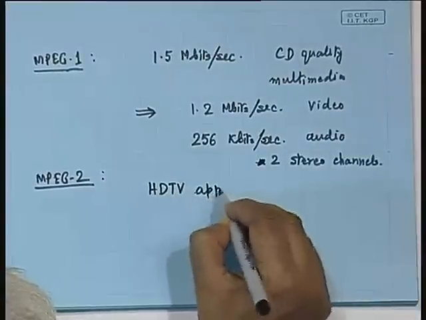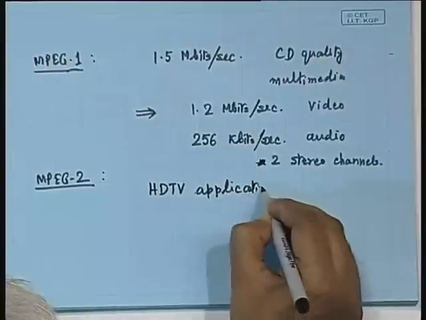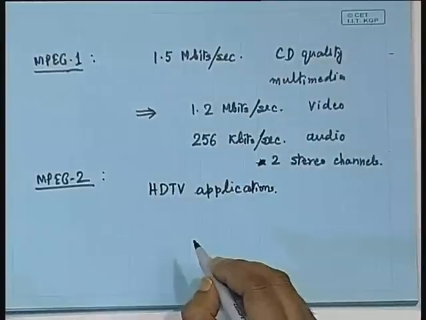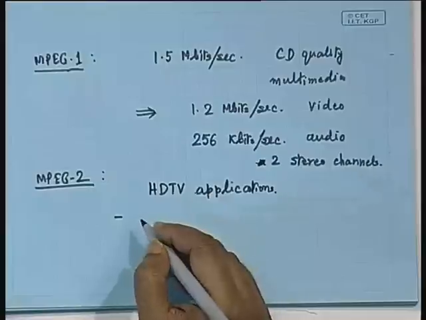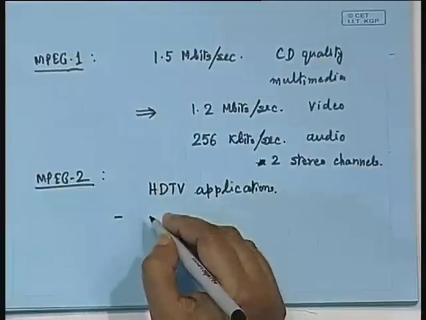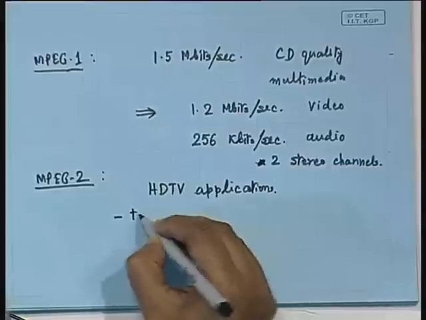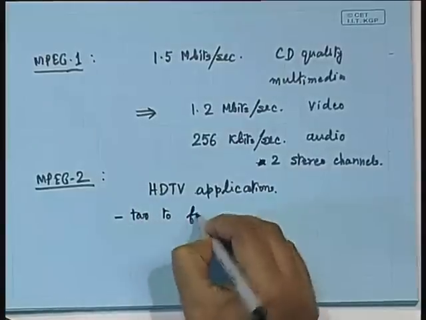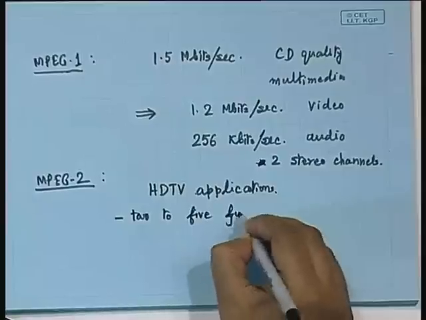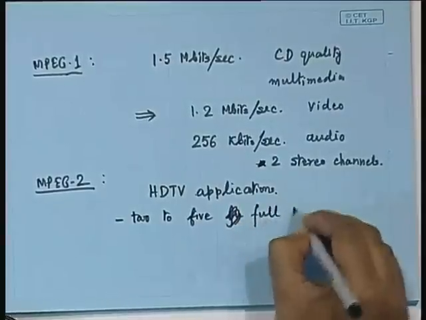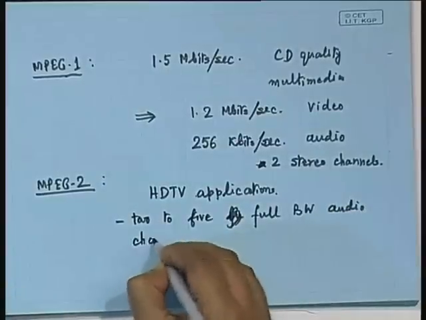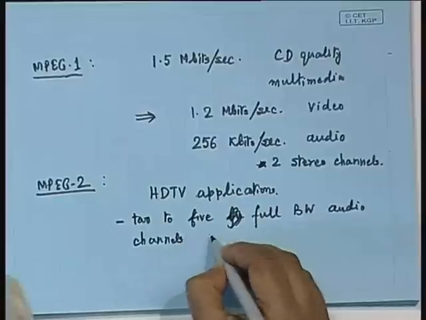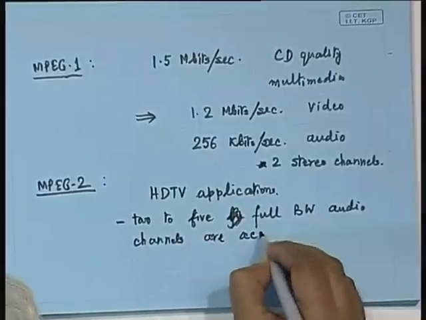Okay. And for HD TV applications, the video bandwidth requirement, I said, is very high, and in the audio part of MPEG 2, 2 to 5 full bandwidth audio channels are accommodated. They are accommodated under the MPEG 2,